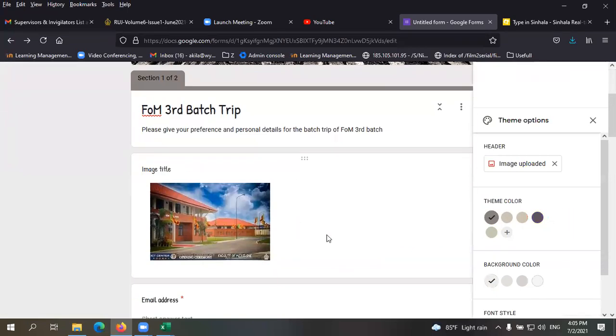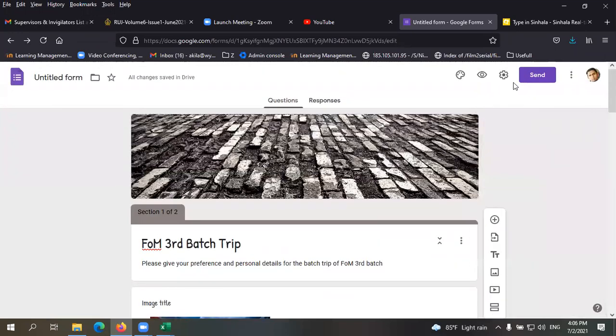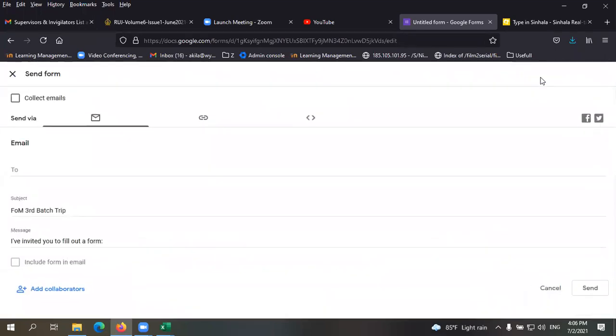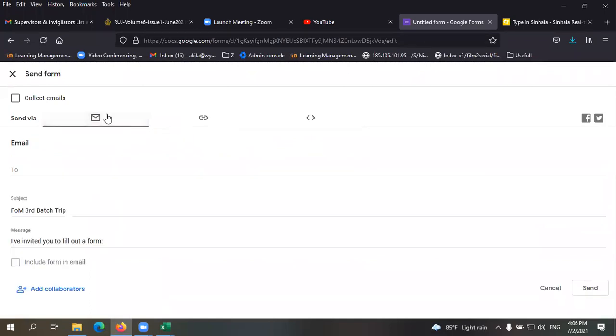All right. So we have already finished developing the form now. Now we can send it. So there are multiple ways that you can send the file. You can send it via email, or you can send it as a link. So you can add that to a website if you want. From this one, this is a code for that one. So we're gonna add this to a website today, right? I'll teach you that.